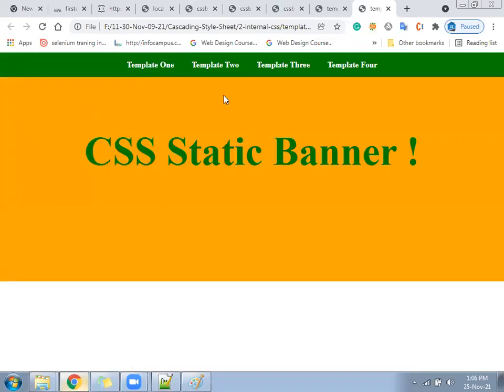Hope you written the banner. Check now. Something like this. When the mouse goes here, it will match with the color. Wherever the mouse goes, it says you are on that particular page. The color is matching because on hover you have written orange. Here also background is orange. Both have no gap, so it looks like it's matching. Something similar.